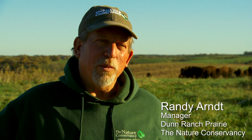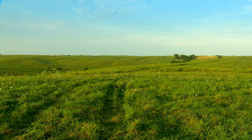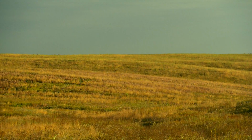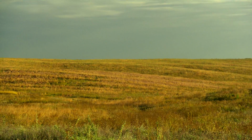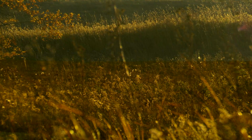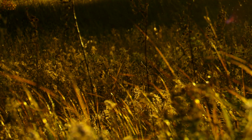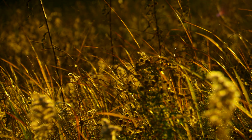We're here at the Dunn Ranch, which is located in what we call the Grand River Grasslands, which is a 70,000 acre landscape located in northern Harrison County, Missouri, and southern Ringgold County, Iowa. And the unique thing about the Grand River Grasslands is that it was designated by multiple agencies, such as the U.S. Fish and Wildlife Service, the Iowa Department of Natural Resources, the Missouri Department of Conservation, and the Nature Conservancy,